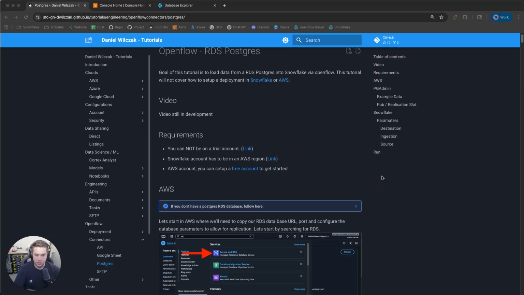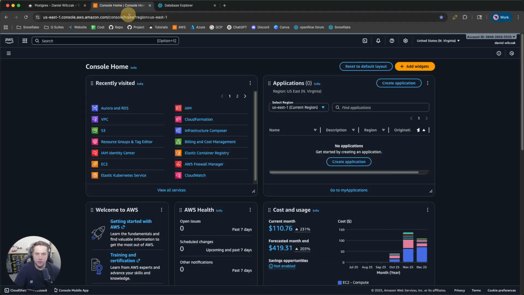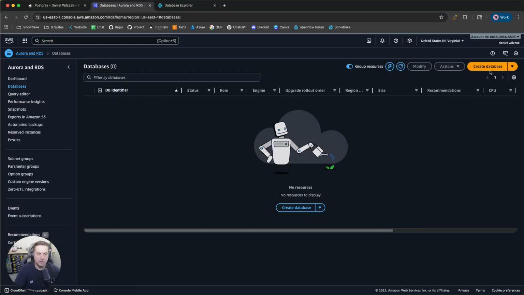So let's get started. The first thing we'll need to do is actually create an RDS instance. In my case, I don't have one, and I want to walk everyone through how that looks. If you already have an RDS instance, you could fast forward roughly a minute. So let's head over to AWS, to RDS, and then let's go to database instances and let's create a